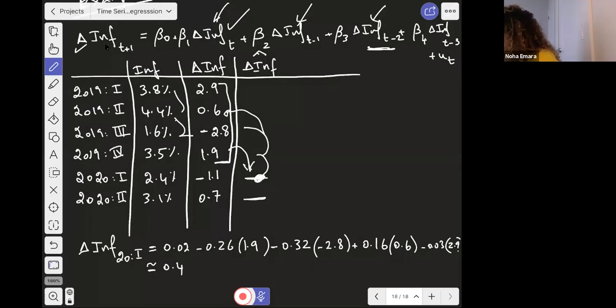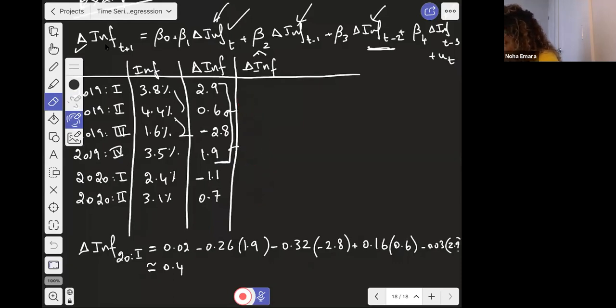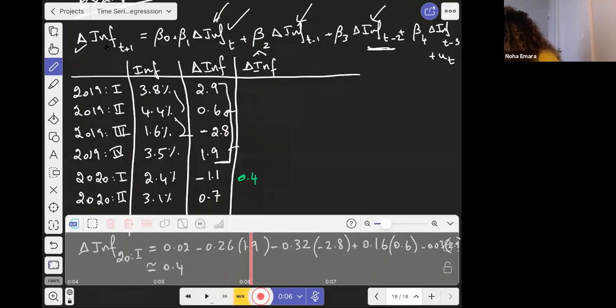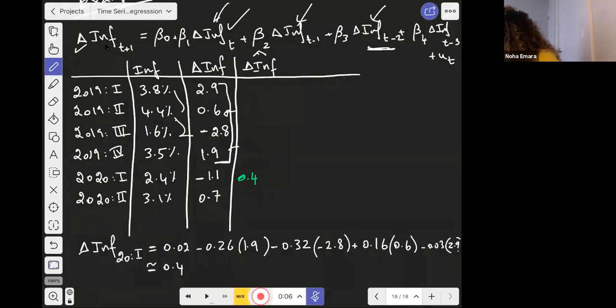So this 0.4 is your first predicted value that you're going to write here. So I'm just going to clean this. So this is your first predicted value. You're going to write the first predicted value here. So this is your first answer, 0.4. Okay. And now you're going to repeat the same